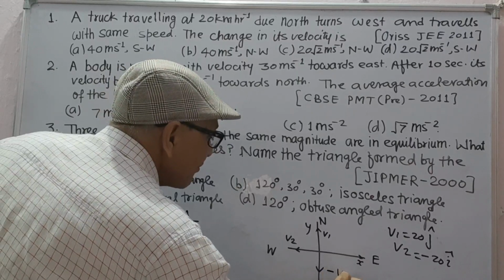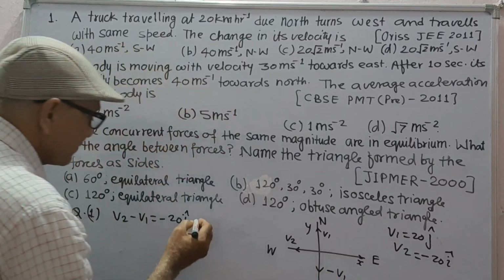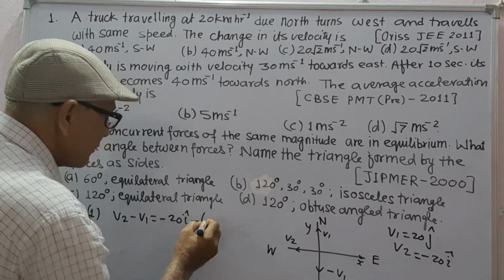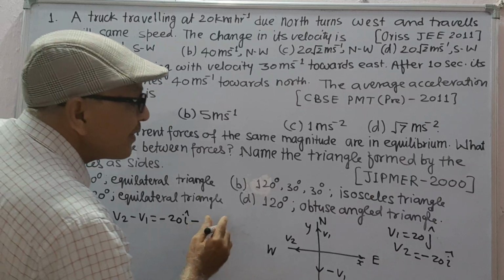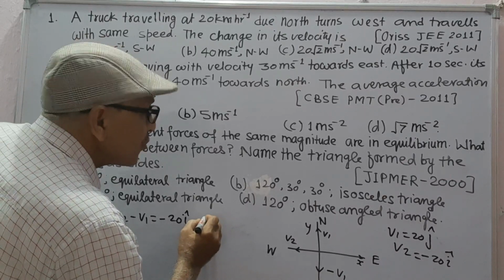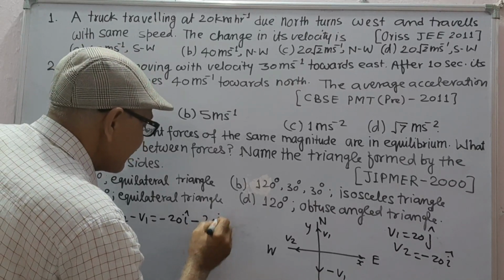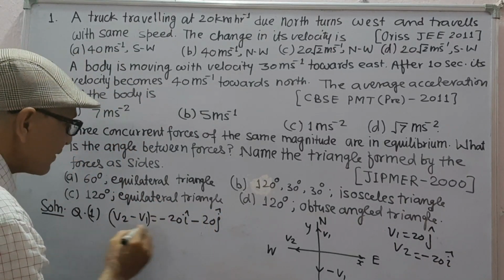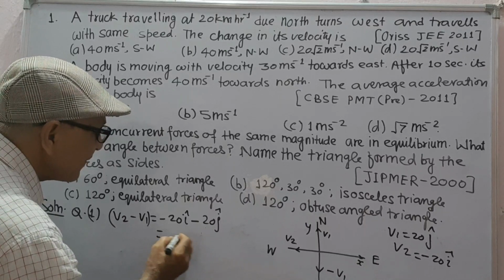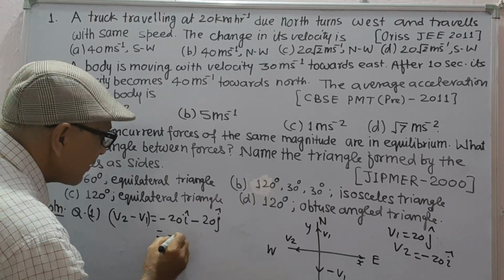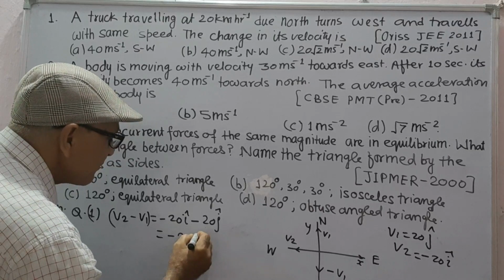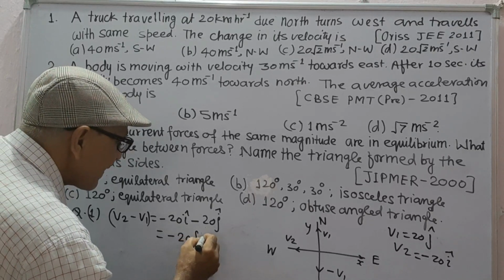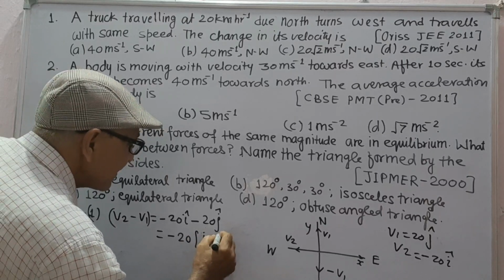This is minus v1, and v1 is 20 j unit vector. Therefore, velocity change will be minus 20 i plus j unit vector,